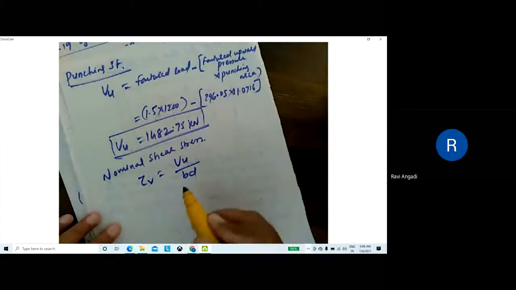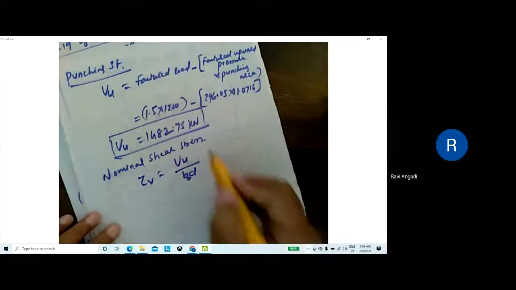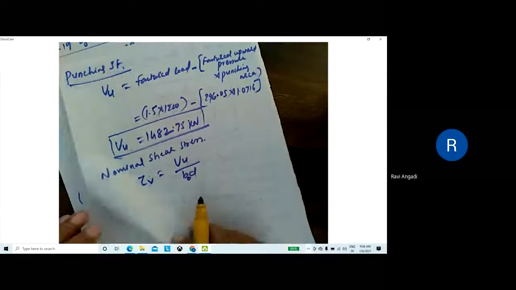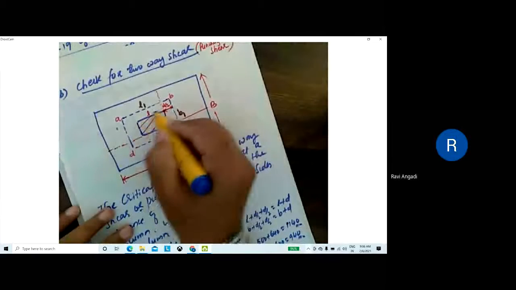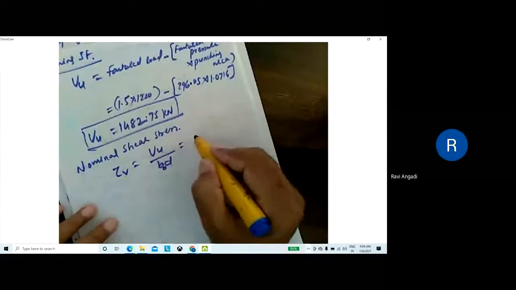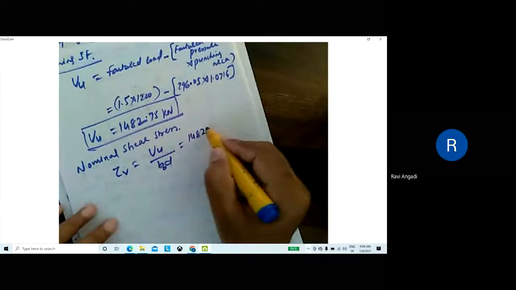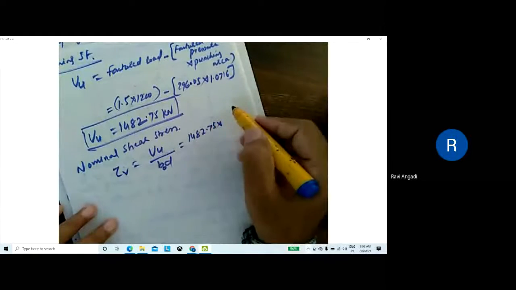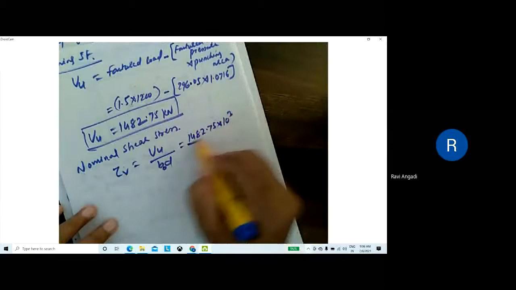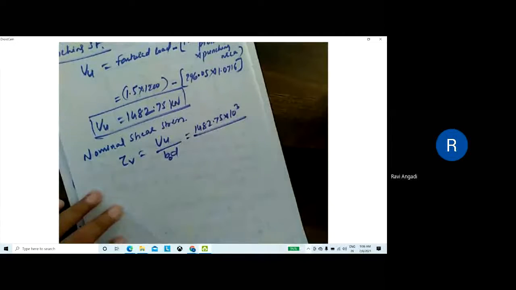VU divided by B into D, but we need to take the perimeter B naught, because it is acting along the periphery. So what is the VU here? 1482.75 into 10 raised to 3.